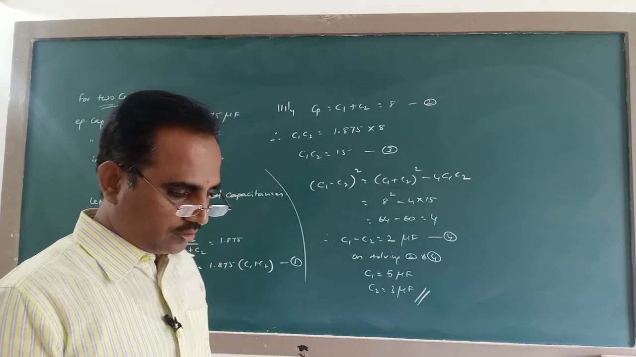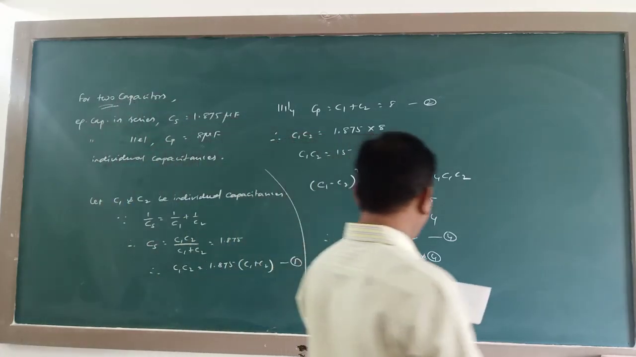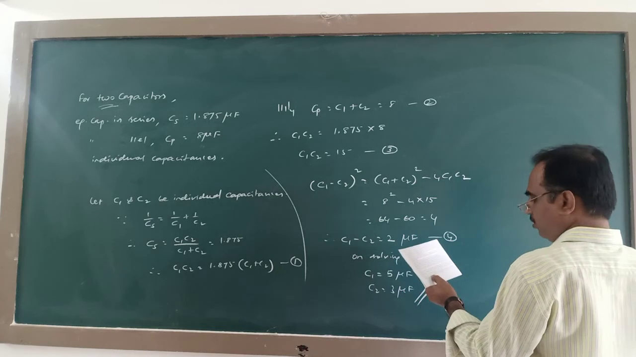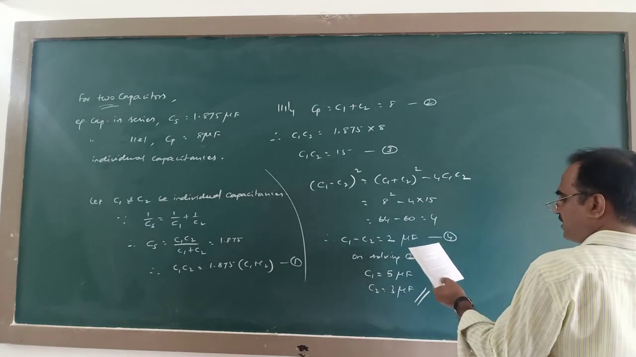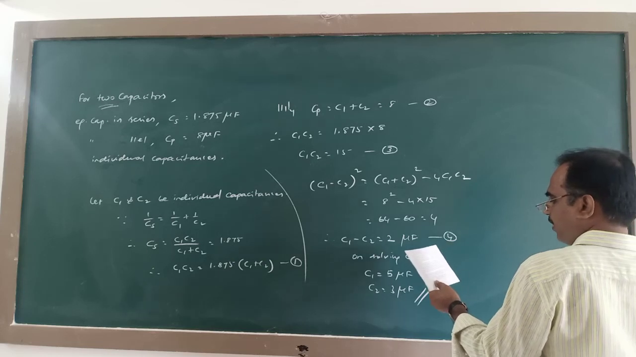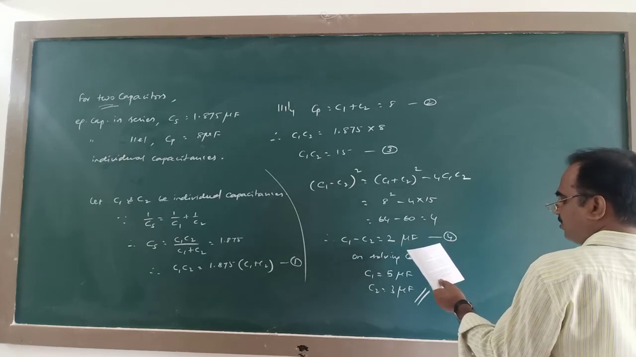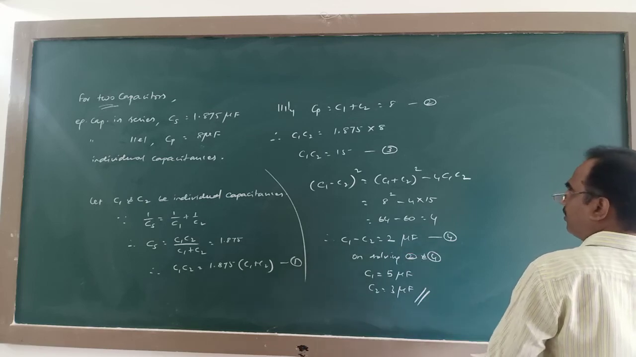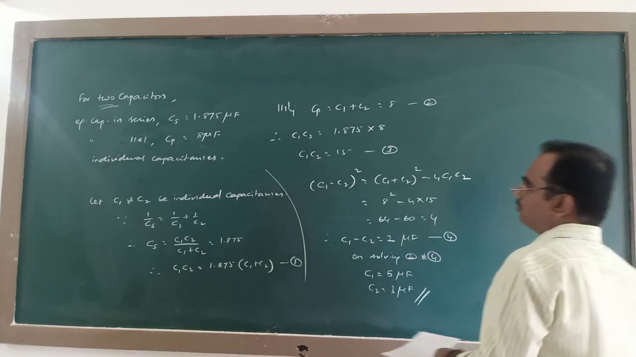You look at this next one. A 4 microfarad capacitor is charged to 200 volt. It is then disconnected and connected to another uncharged 2 microfarad capacitor. How much energy of the first capacitor is lost in the form of heat and electromagnetic induction? So